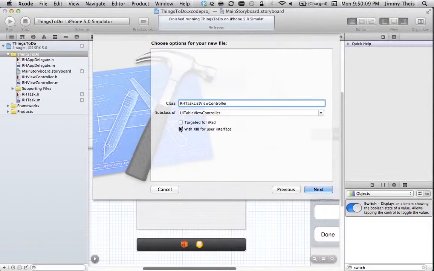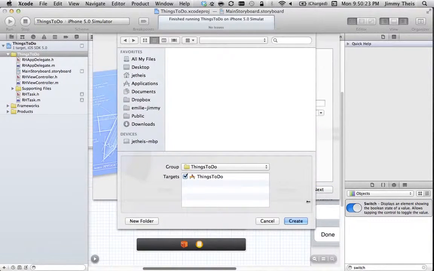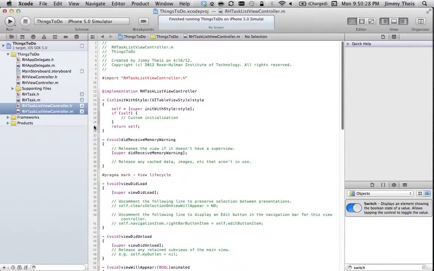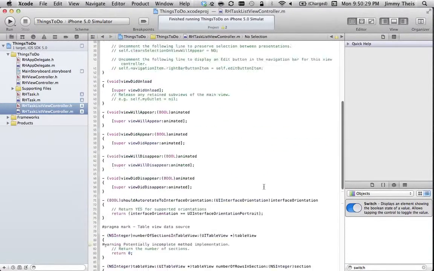This "with XIB for user interface" might be checked already. We want to uncheck that because again, we're not actually using XIBs here. All of our stuff belongs in the storyboard. Also, we don't want "targeted for iPad" to be checked either because this is an iPhone app. Click next here and actually create our task list view controller, and you can see actually a ton of stuff